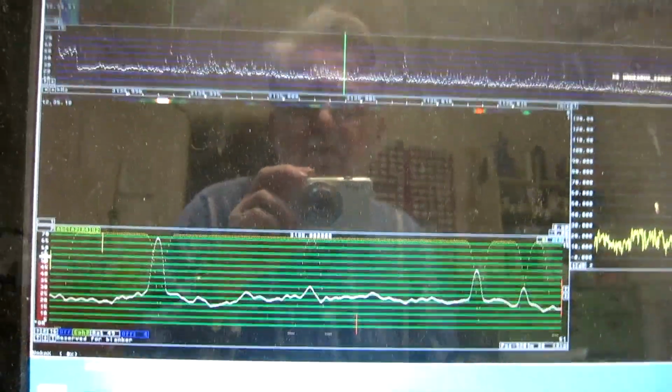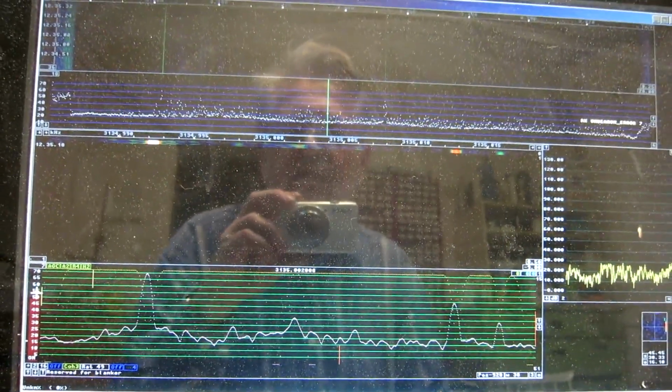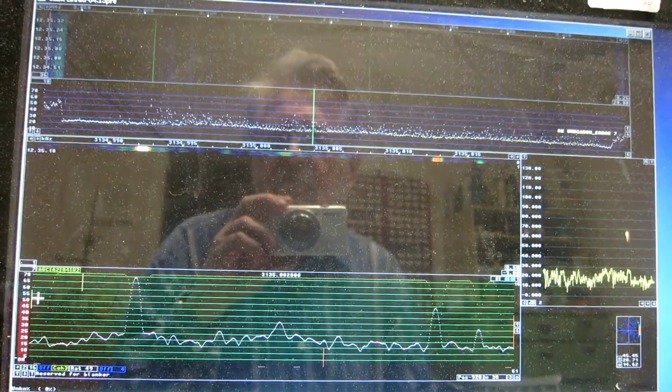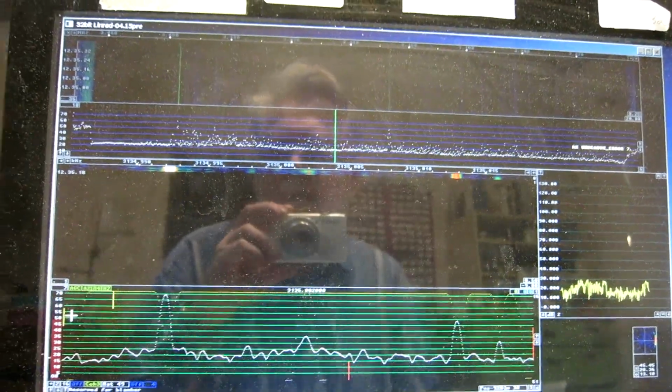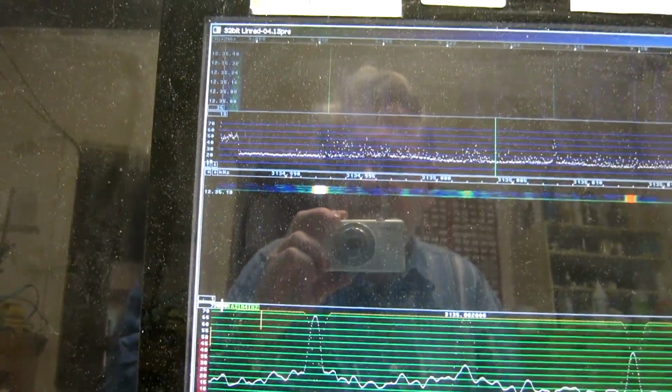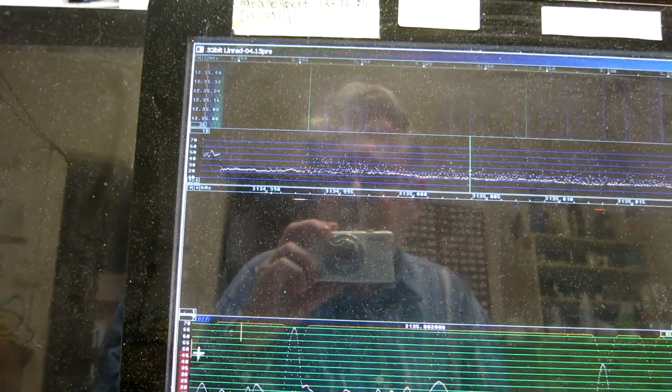And this is 100% copy, easily. And I have the AGC on, and that doesn't make much difference, but if I switch it off,